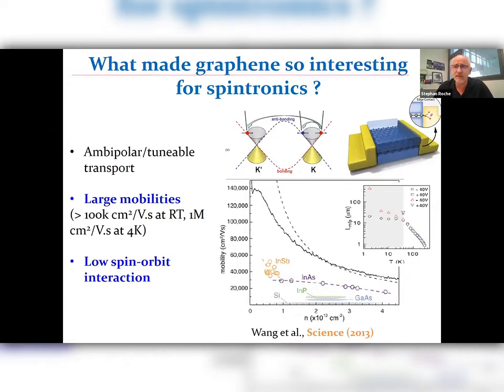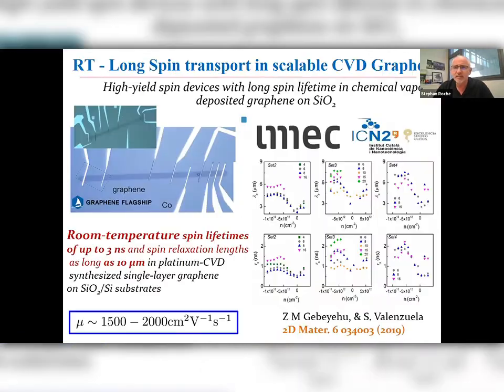What made graphene so attractive at the time was that this material, just based on carbon in sp2 configuration, was anticipated to be an extremely good conductor of spin information, given its low spin-orbit interaction and very large mobility. Many years later, we have the conviction that indeed these materials offer unique perspectives for transferring spin information